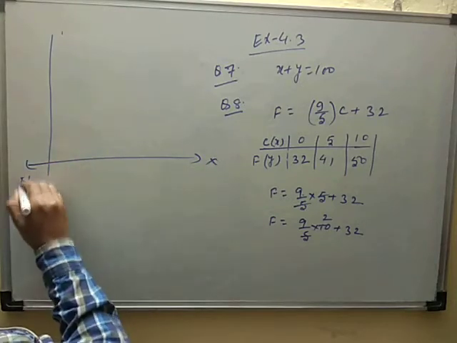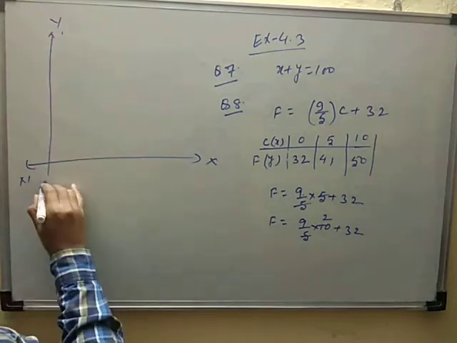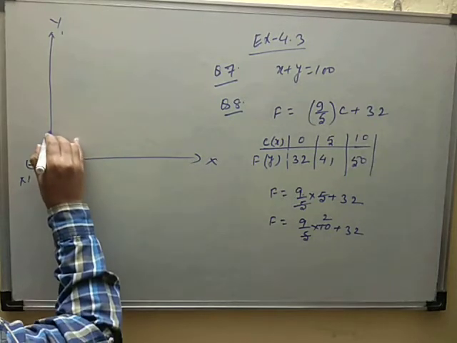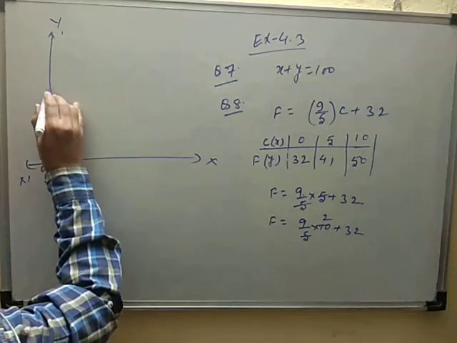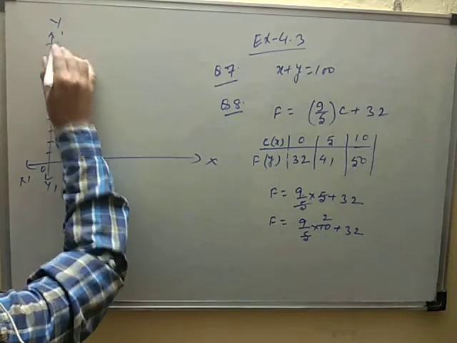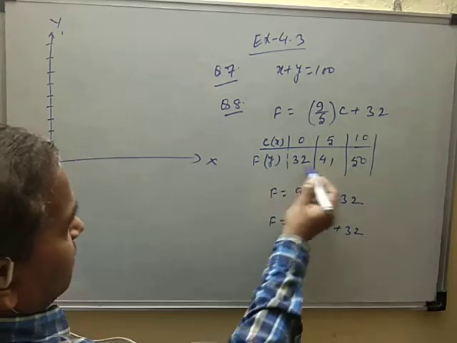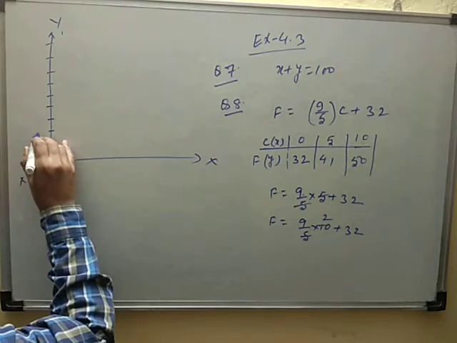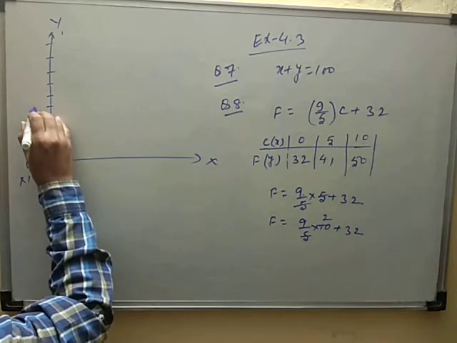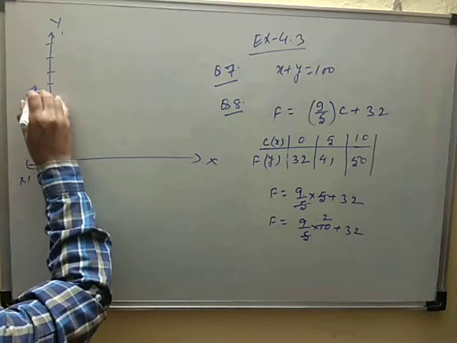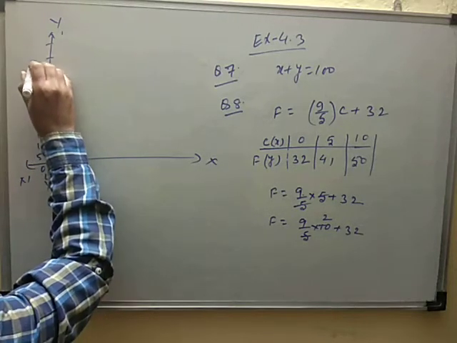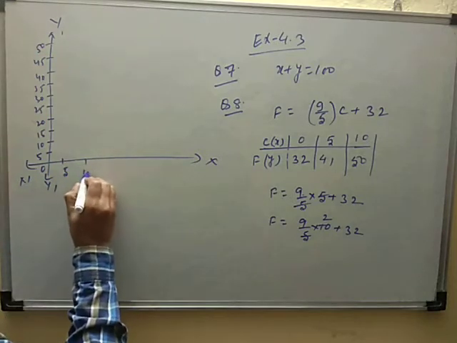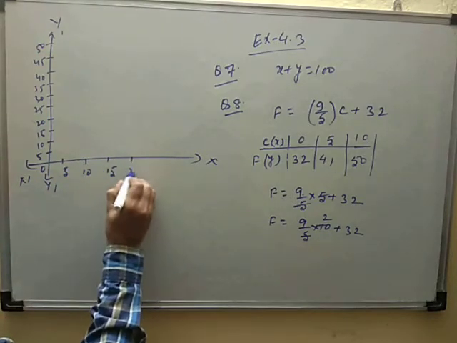X axis, x dash, y and y dash. Here origin 1 2 3 4 5 6 7 8 9 10, because y axis goes from 32 to 50. So write here 5 10 15 20 25 30 35 40 45 50 and write here 5 10 15 and